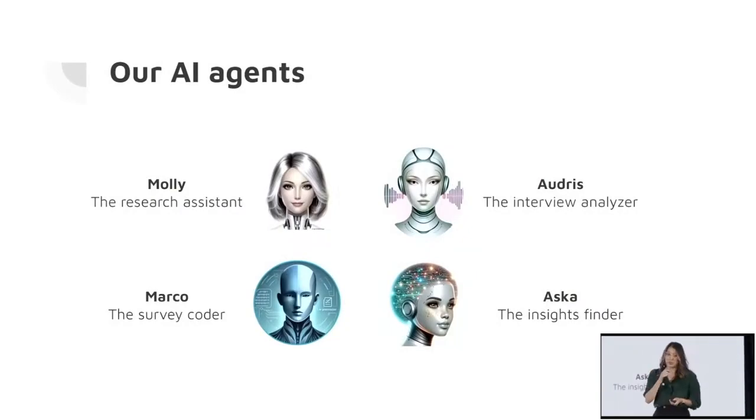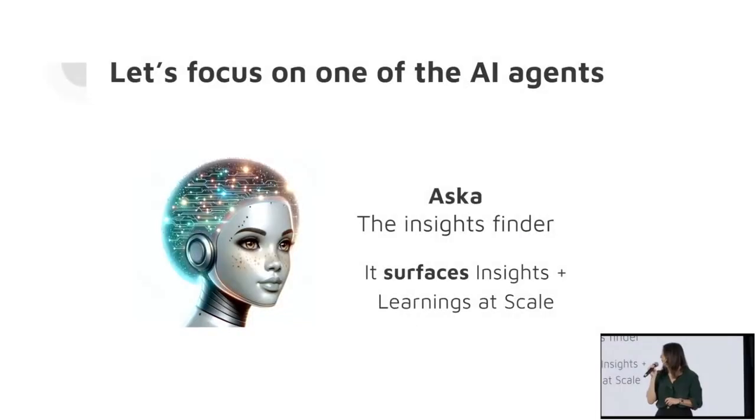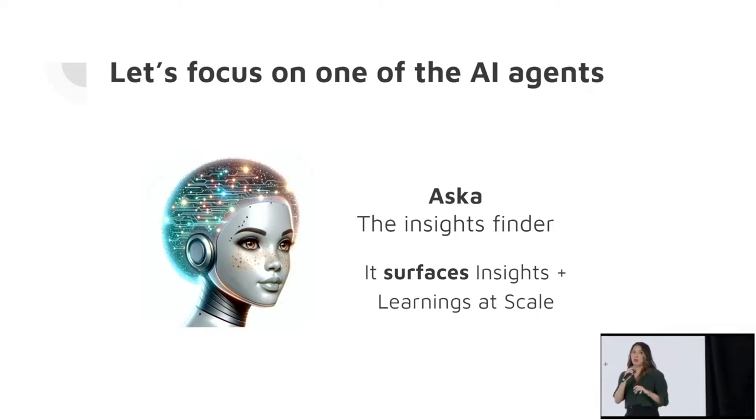So with these agents, we'll go into one specific example. So let's talk about Aska. Aska is a name that we gave our insights finder. So she helps surface insights and learnings at scale. Now, I wanted to go through Aska because while she is the least technical of the agents, some of the agents you'll see are a series of 5 or 6 different little tools that are chained together. All Aska is essentially